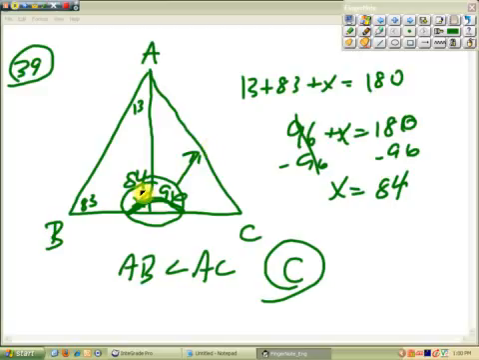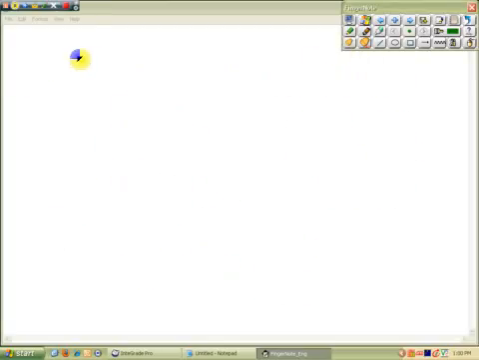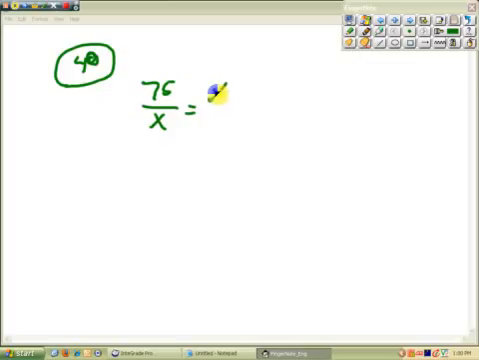Number 40, geometric mean. These are the ones I told you about. There's two of them on the final. These are easy A's. Easy to get these answers. All you do is set them up like this. You cross multiply. 75 times 3 is 225. And x times x is x squared. Now you take the square root. X equals 15, which is